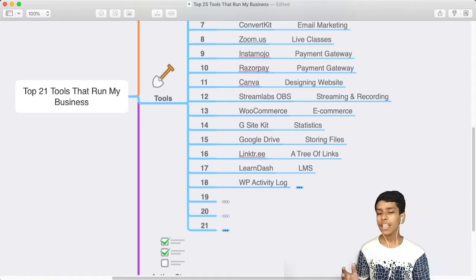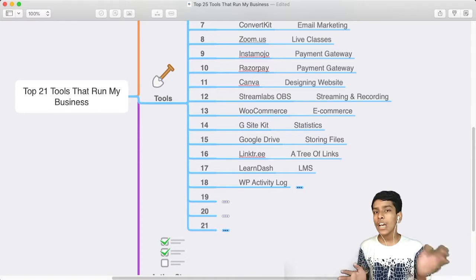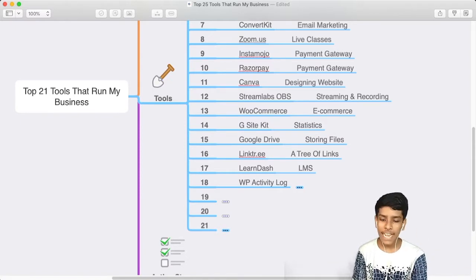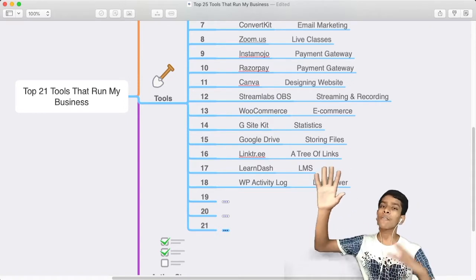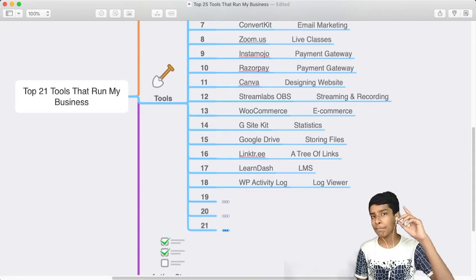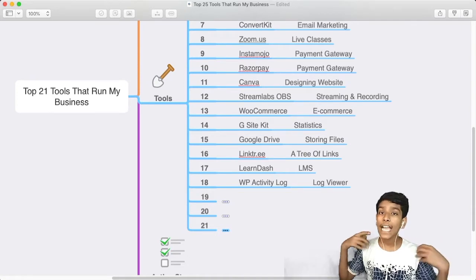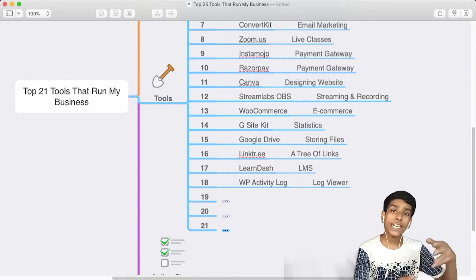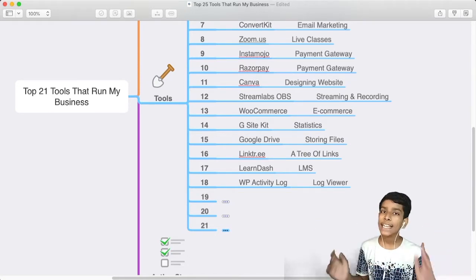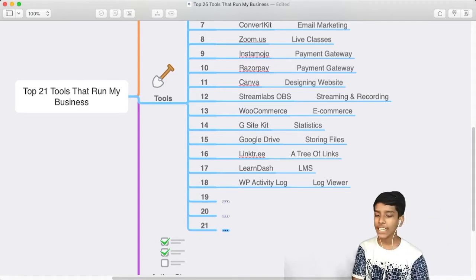So for watching all my students' activities, I have WP activity log, which is a log viewer. Logs are every click the person made in my site. I can know who made it. If he is not logged in, I can see his IP address and number.